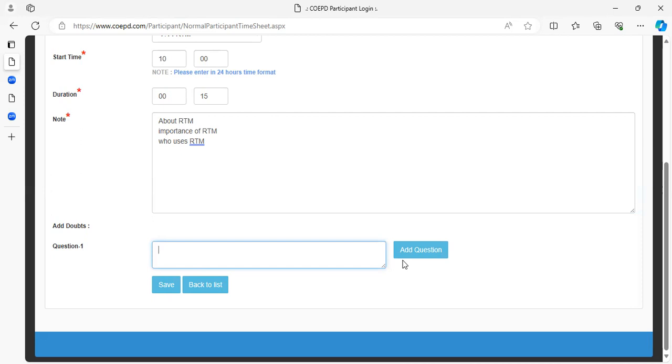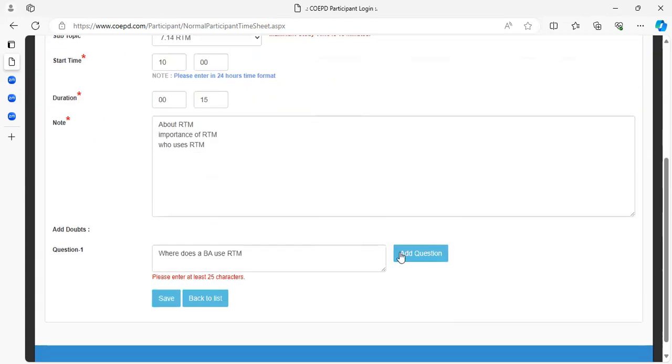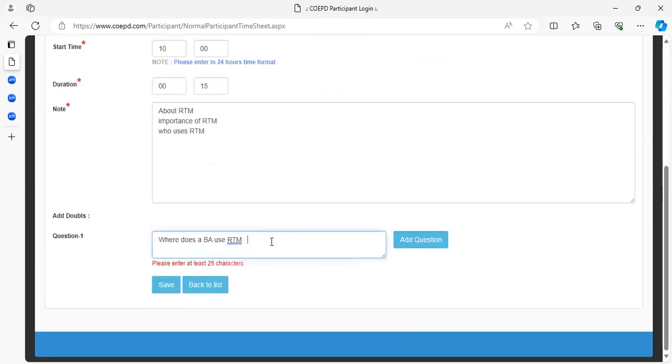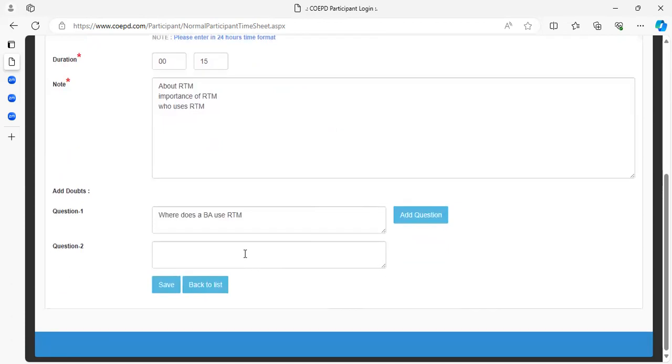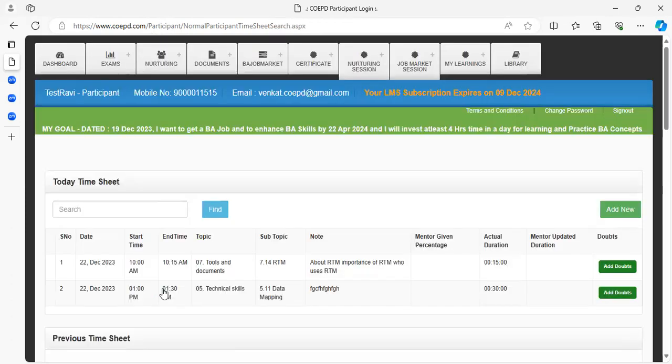So for example, where does a business analyst use RTM? Okay. I've added a question. Okay. So it says 25 questions. If you do not have 25 characters, guys, you just have to give a space and you can add the question. Okay, I can also add more questions and more questions as I get. Now, for example, let's assume I do not have any other questions right now. So what will I do? I will save my